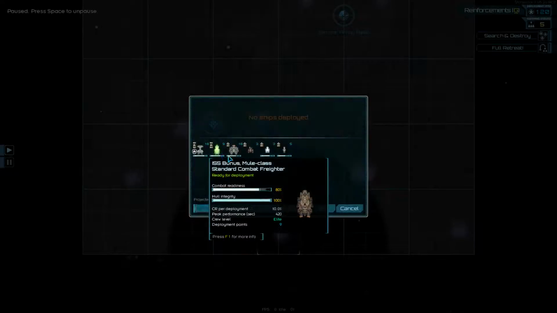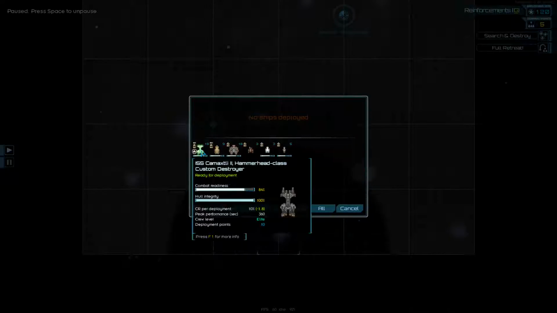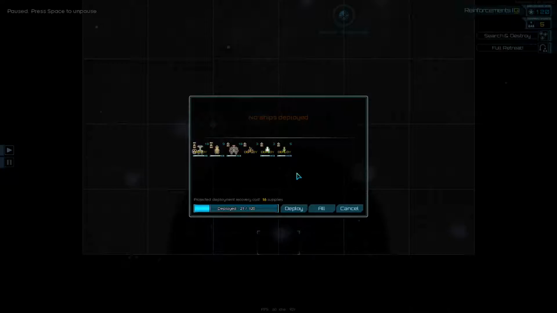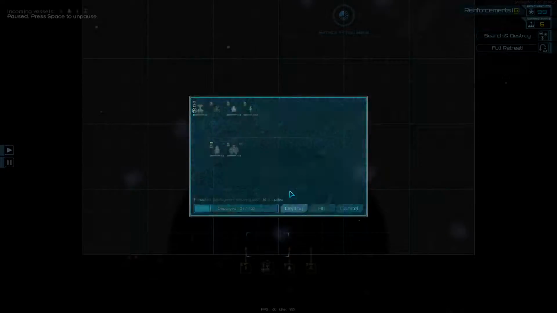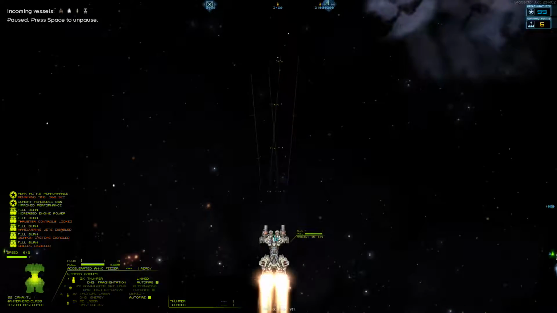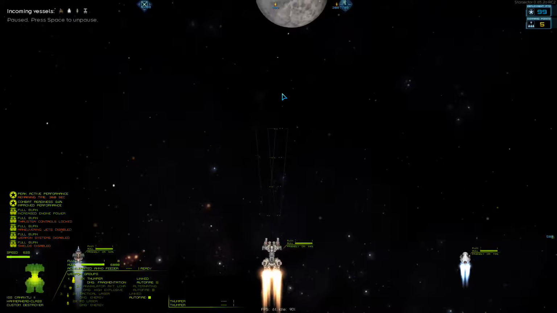Let's see. Well, we just want to chase these 2 down and destroy them, so we're going to want our fastest ships and our longest ranged weapons. Leave our Mule class and our Enforcer class at home. Let's do this. I'm just bringing in the Hammerhead just for the additional firepower. If they do choose to stand and fight,